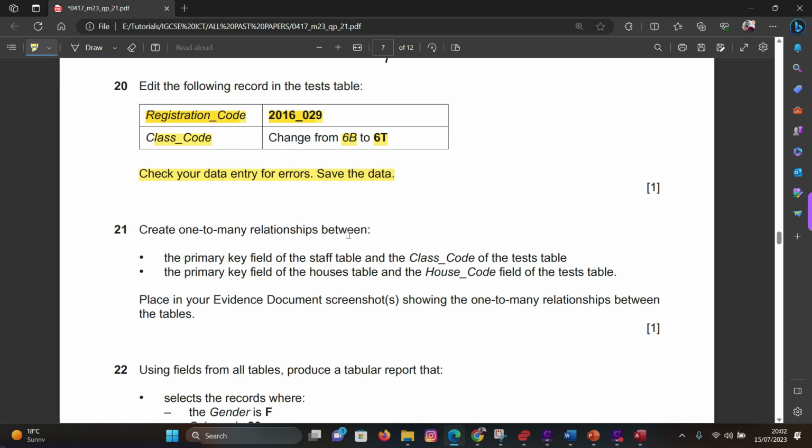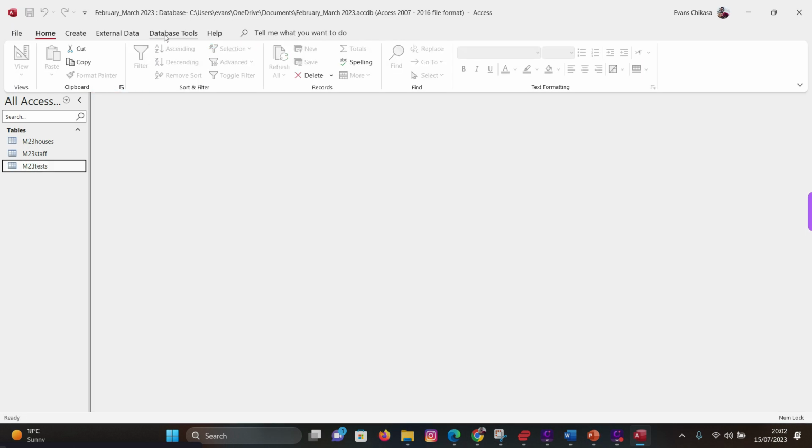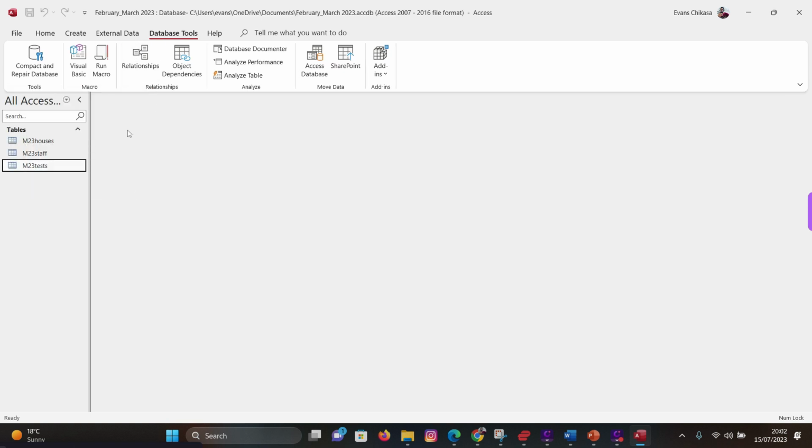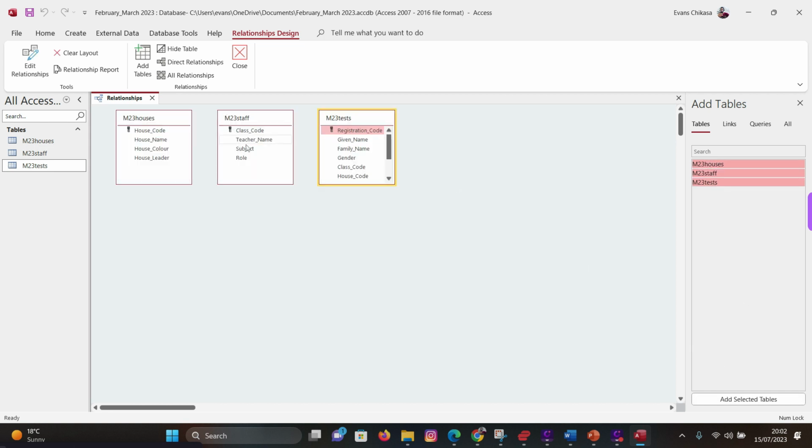Create one-to-many relationship between, first of all, the primary key field of the staff table and the class code of the test table. So it's gonna be primary key field of the staff table and the class code of the test table. Okay, so let's bring up the fields, close this, database tools, and then let's go to relationships and pick up all these tables here. So I'm just gonna select all the tables and add them,